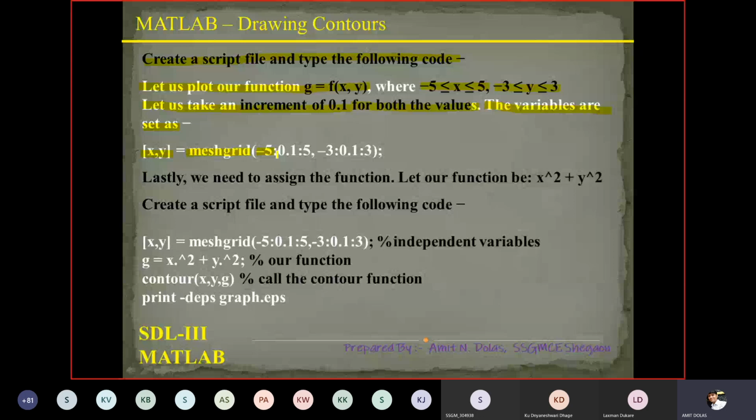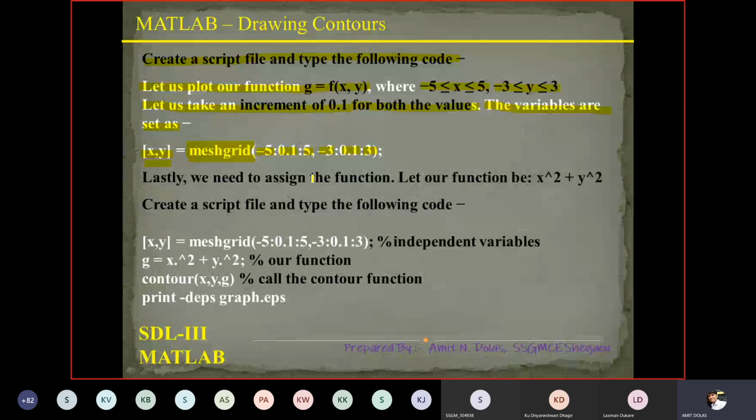So x will be this, y will be -3 with an increment of 0.1, and the last point will be 3. So this much data will be created using meshgrid, because we have two variables. Otherwise, if there is a single variable, you may directly write x is equal to 1 2 3 4 5, whatever you want, or x is equal to -5 colon 0.1 colon 5, likewise.